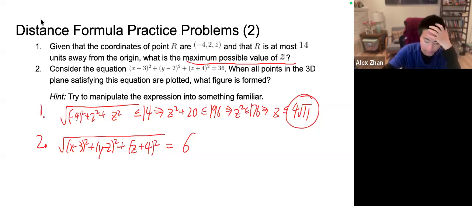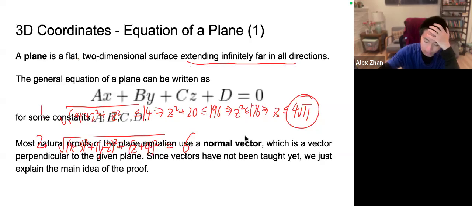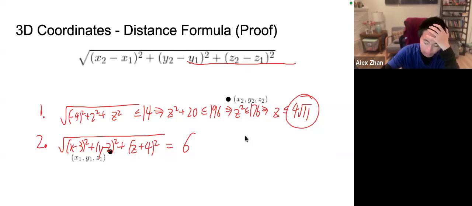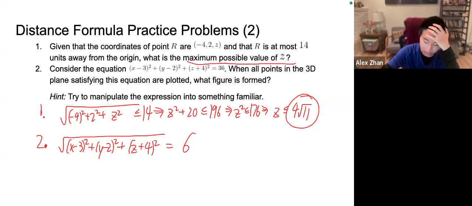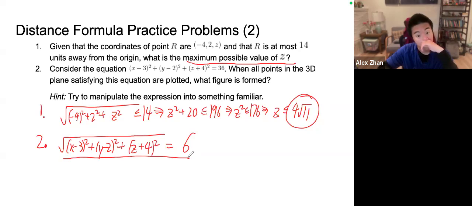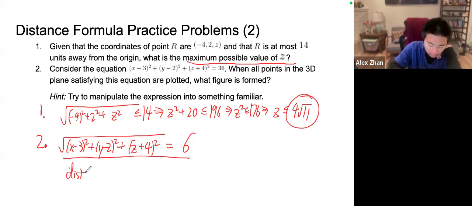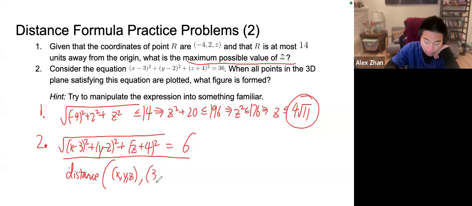Let me quickly go back. The earlier distance formula was this, right? So can someone tell me then what does this mean now? Yeah, exactly. The distance from (x, y, z) to the point (3, 2, -4) is equal